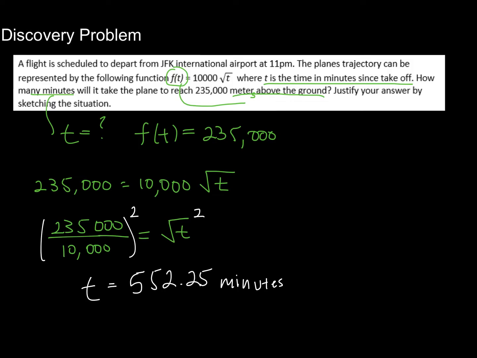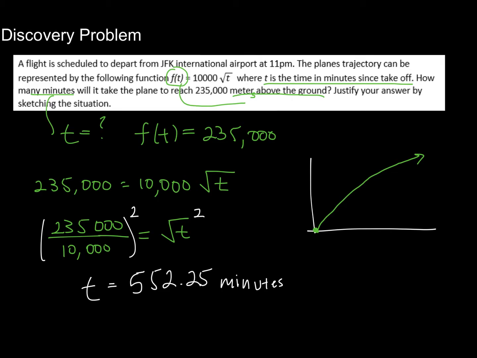And we want to justify this using a graph of our function. And so if we go ahead and sketch a graph of the function here, let's say that we go ahead and start our function off here at 0. 0, comma 0 is going to be the first point in our domain. And the function is going to increase like this. And to justify it, we can go ahead and plot a point, say, around 550. So maybe take 600. Okay, so 10,000 times the square root of 600. That's going to be